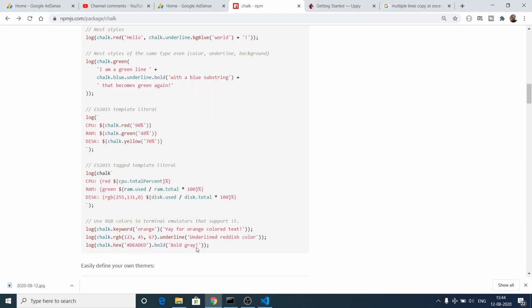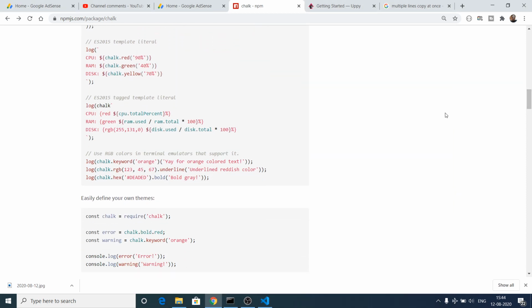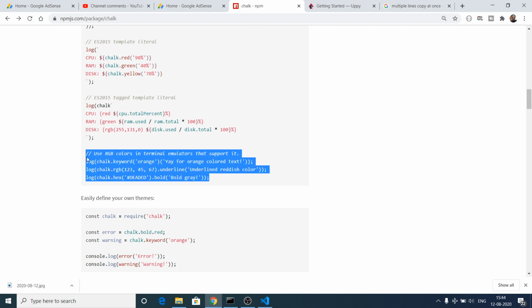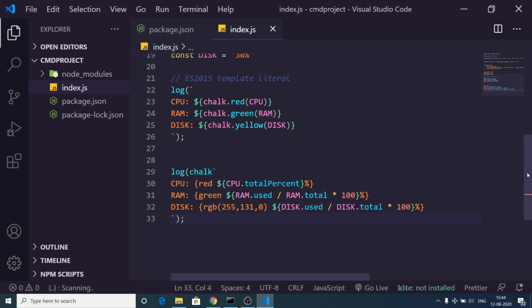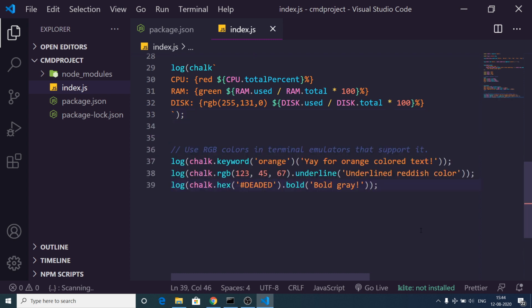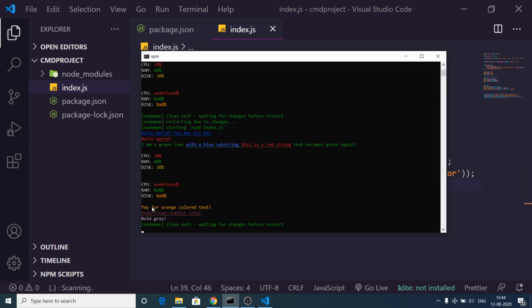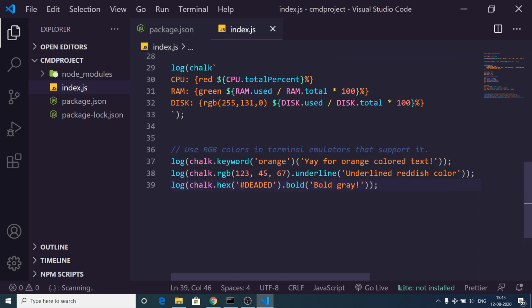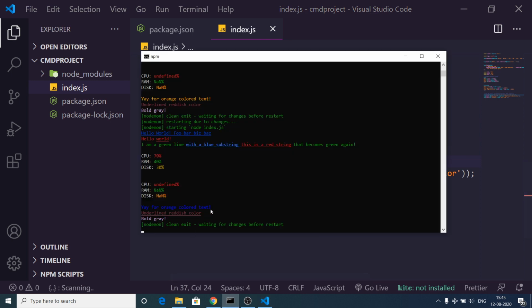Lastly, guys, you can even provide RGB colors as well, hexadecimal as well. You can see this is an example which illustrates that. Now let me just paste it. You can see that you can use this RGB. You can provide 123, any color code of your choice, and also you can provide the hexadecimal code. So it also supports that. Now if you refresh it, you will see this is a keyword function which is there inside the chalk library, another function, keyword function. You can change the color to blue. You can see that.